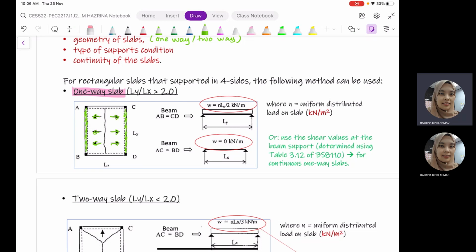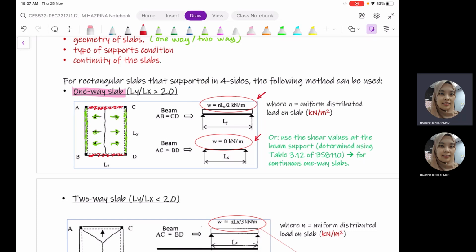However, as for beam AC and also beam BD, they will not take any loadings from the slab. So you can see from the calculation that for beams AB and CD, we have nLx square over 2. Then as for beams AC and also BD,